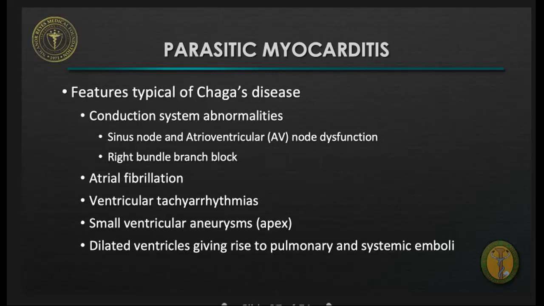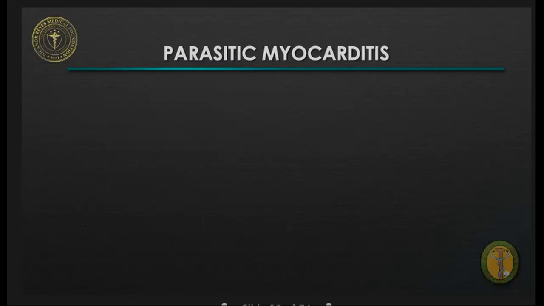There is also right bundle branch block, atrial fibrillation, and ventricular tachyarrhythmias also occur. Small ventricular aneurysms are common, particularly in the LV apex. Treatment of the advanced stages is focused on the clinical manifestation of the disease, with heart failure regimens, pacemaker and defibrillators,